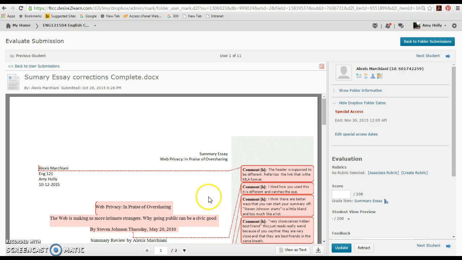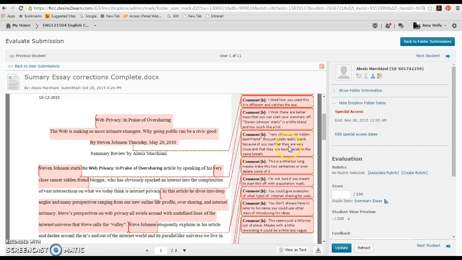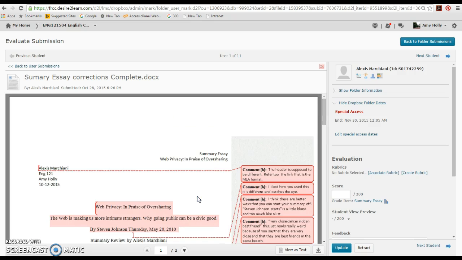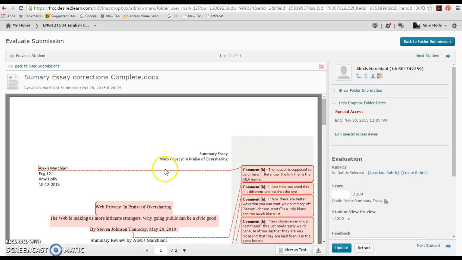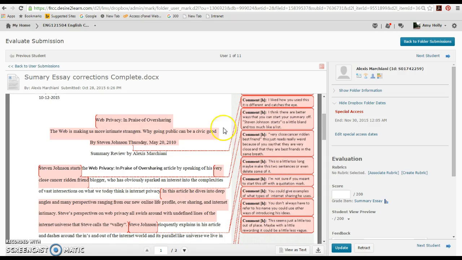One thing I just want to point out quickly is that the version that you uploaded to the Dropbox originally still has the comments from your reviewer, and that is definitely not something you want your teacher to see while they're grading your paper. These are the comments that you should have assimilated into your revisions, and looking at this, I'm questioning how much you actually revised based on the feedback you received. I'm not even sure you've really made these changes, so make sure that you make the changes that your reviewer suggested, and then I will show you my suggestions as well.